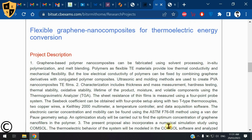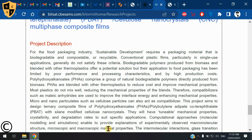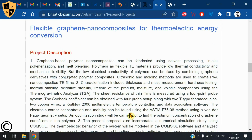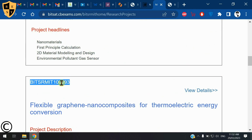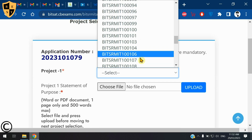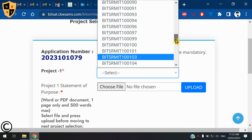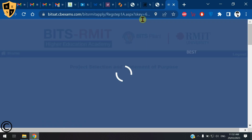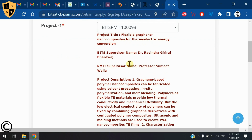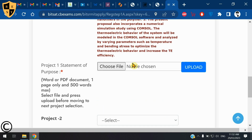So let's say I have this flexible graphene nanocomposite, so it's interesting to me. See, it is BITS RMIT 93, the number, but the last two digits. So I can search over here, 93 is over here, so click on that, and if you click on any project, you will get all the details. So project title, supervisor name from BITS, from RMIT supervisor name, description is given, and now you have to upload